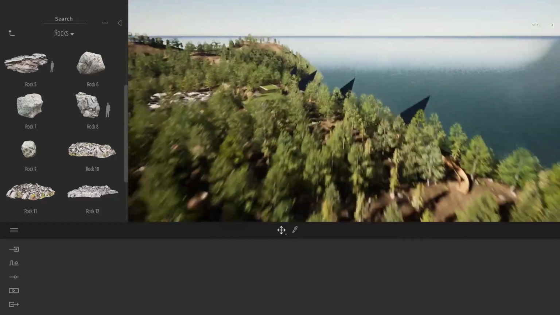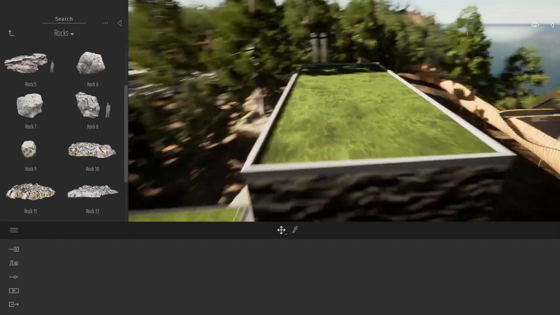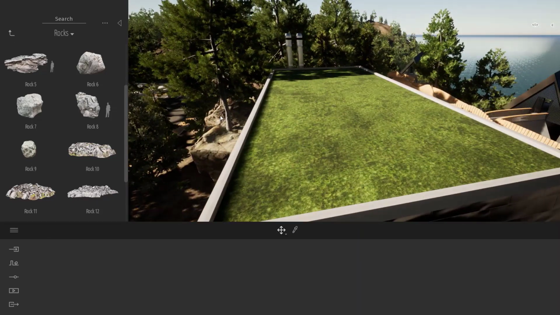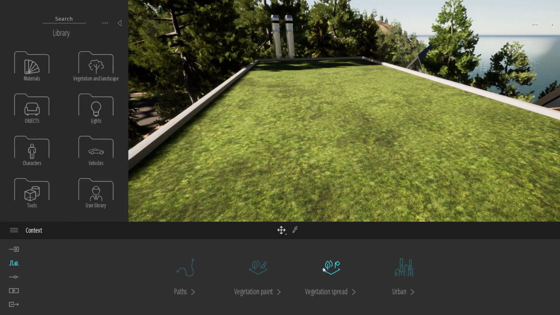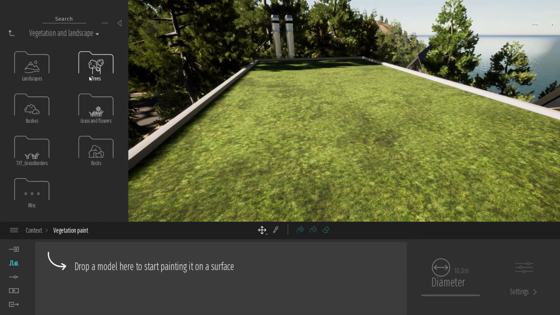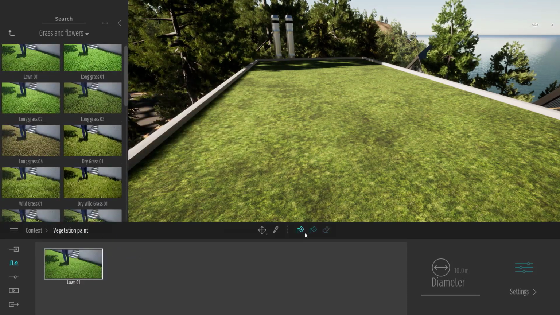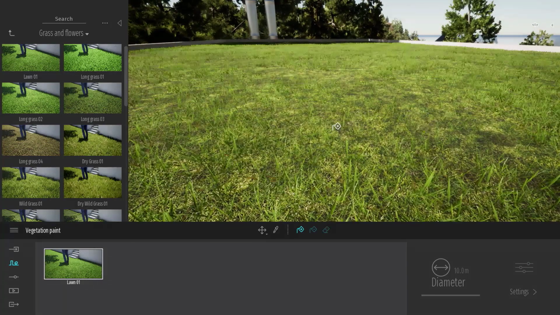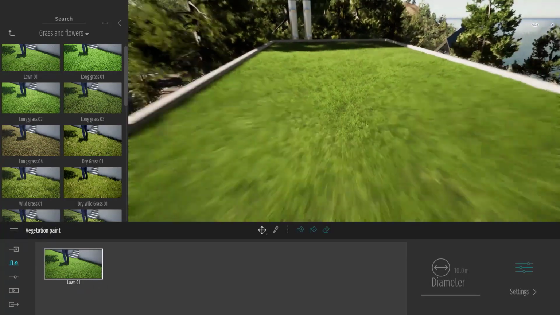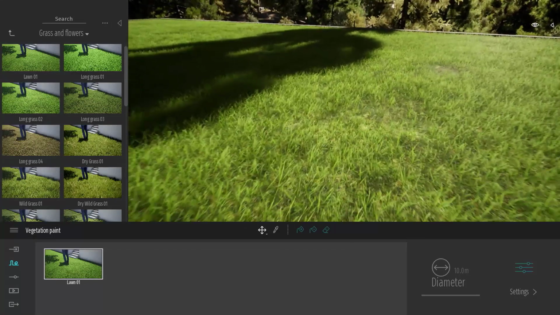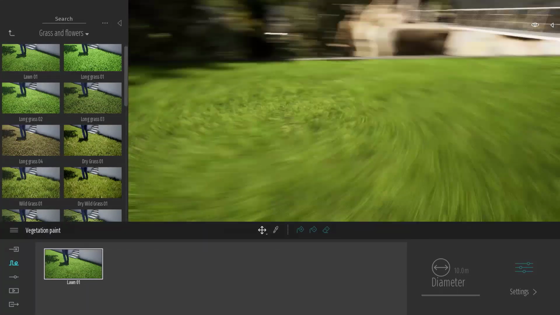So this spread tool can be useful to populate a large terrain like that, but it can also be useful on smaller parts of your project, like this roof. I'll come back to my spread tool, vegetation, grass. I will drag my grass over here. Same thing here, I will select my bucket and we just click a couple of times to add my grass to my roof. And it has been scattered on all my different roofs because there was just one object.